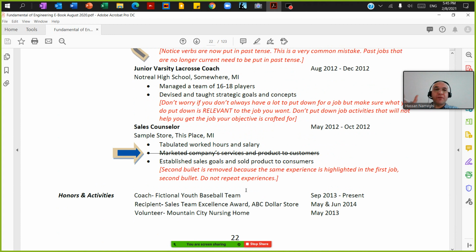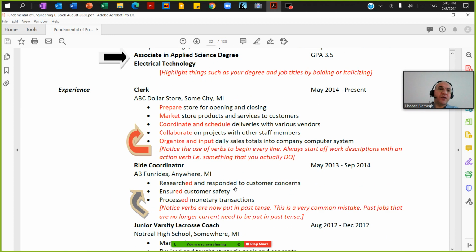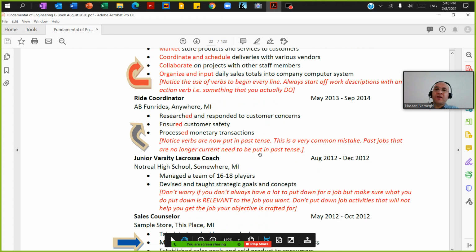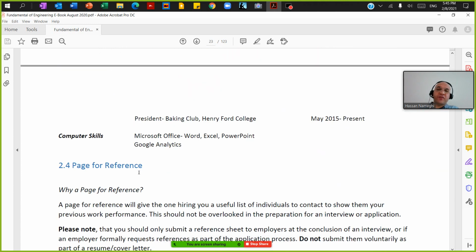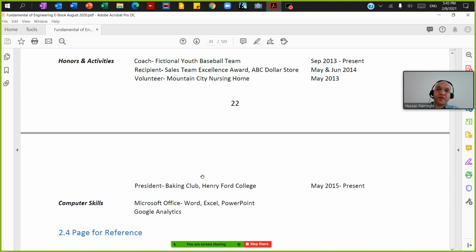So try to keep the format. Again, this is one template. There are thousands of other templates, but at least use a template which is very organized, showing dates, showing details of activities, and much more. Again, regarding references, I don't suggest putting your references there when you apply for a job. Just say references available upon request at the bottom of your resume, and that should be